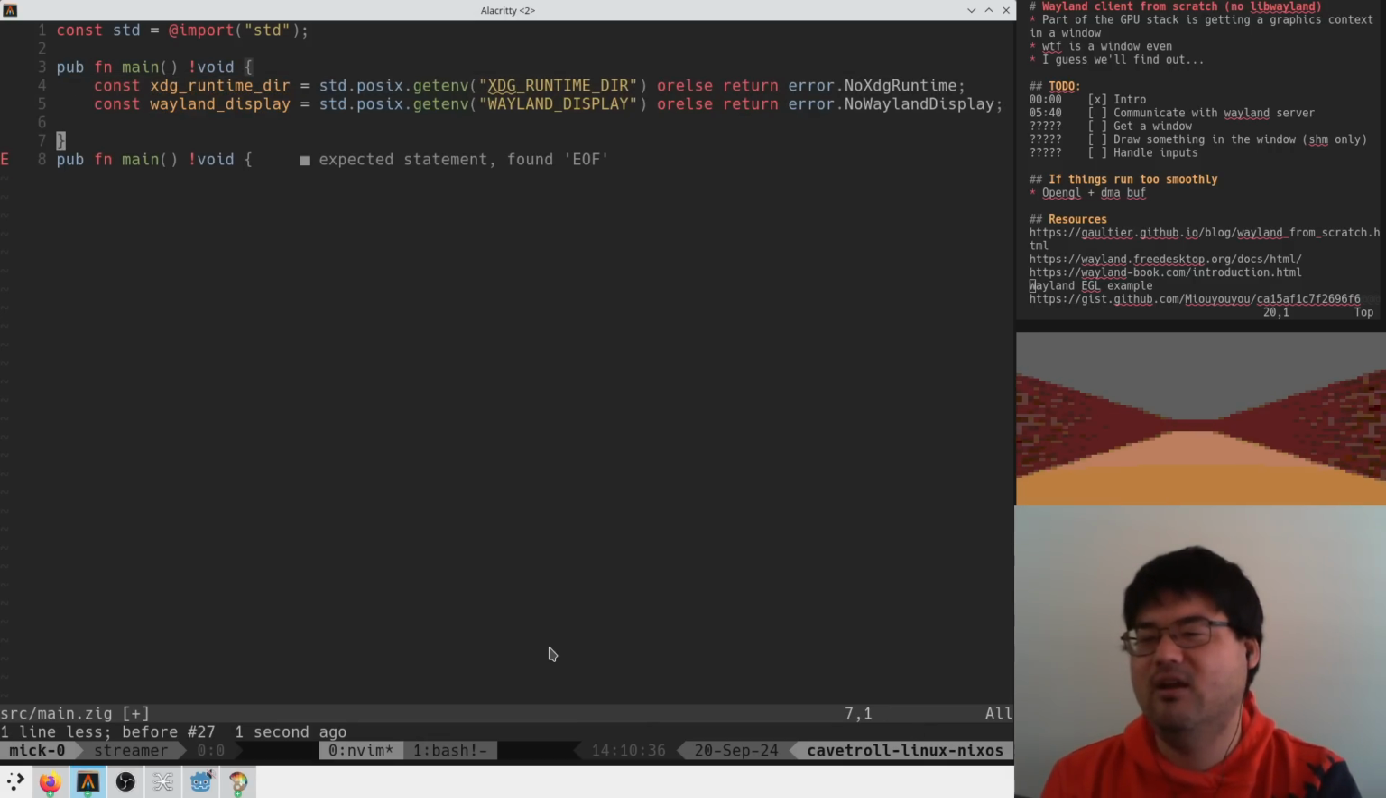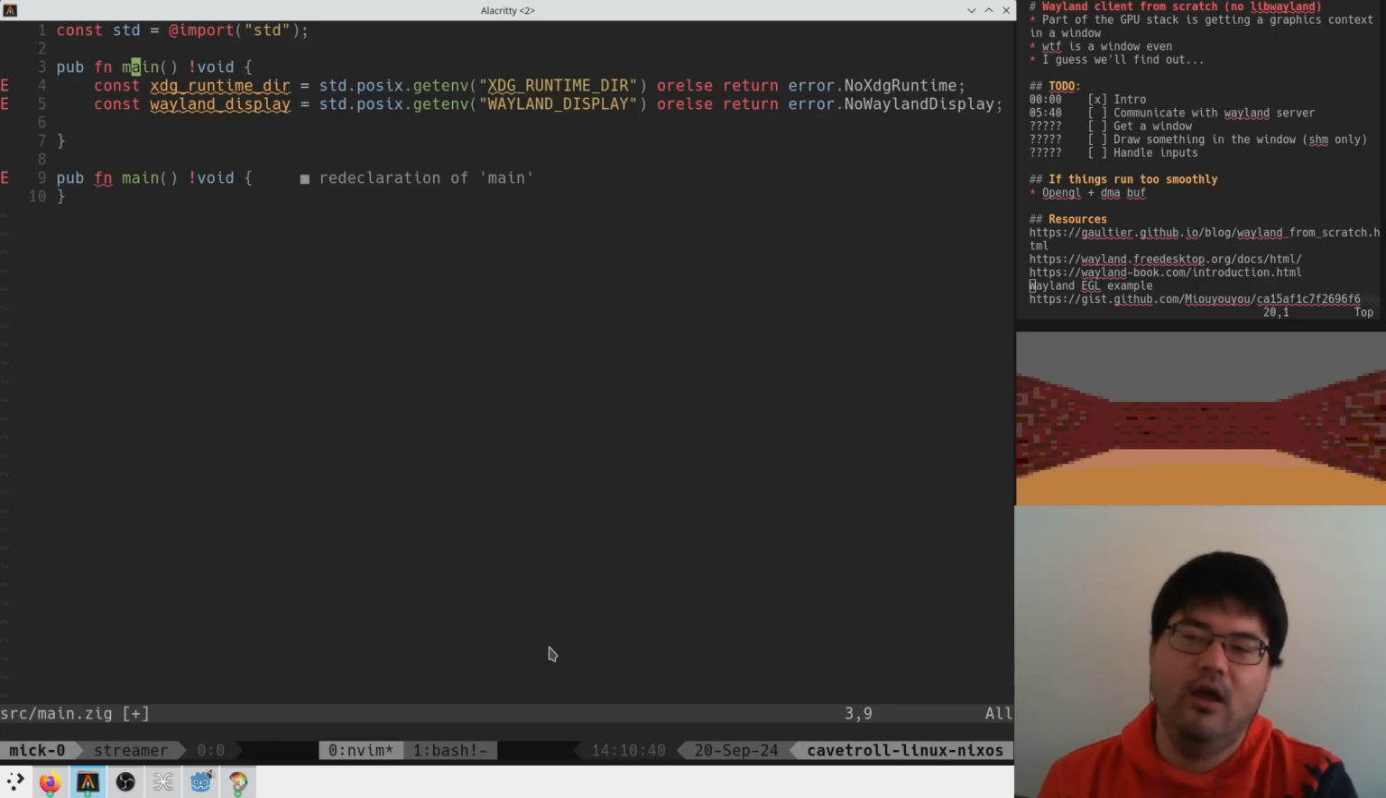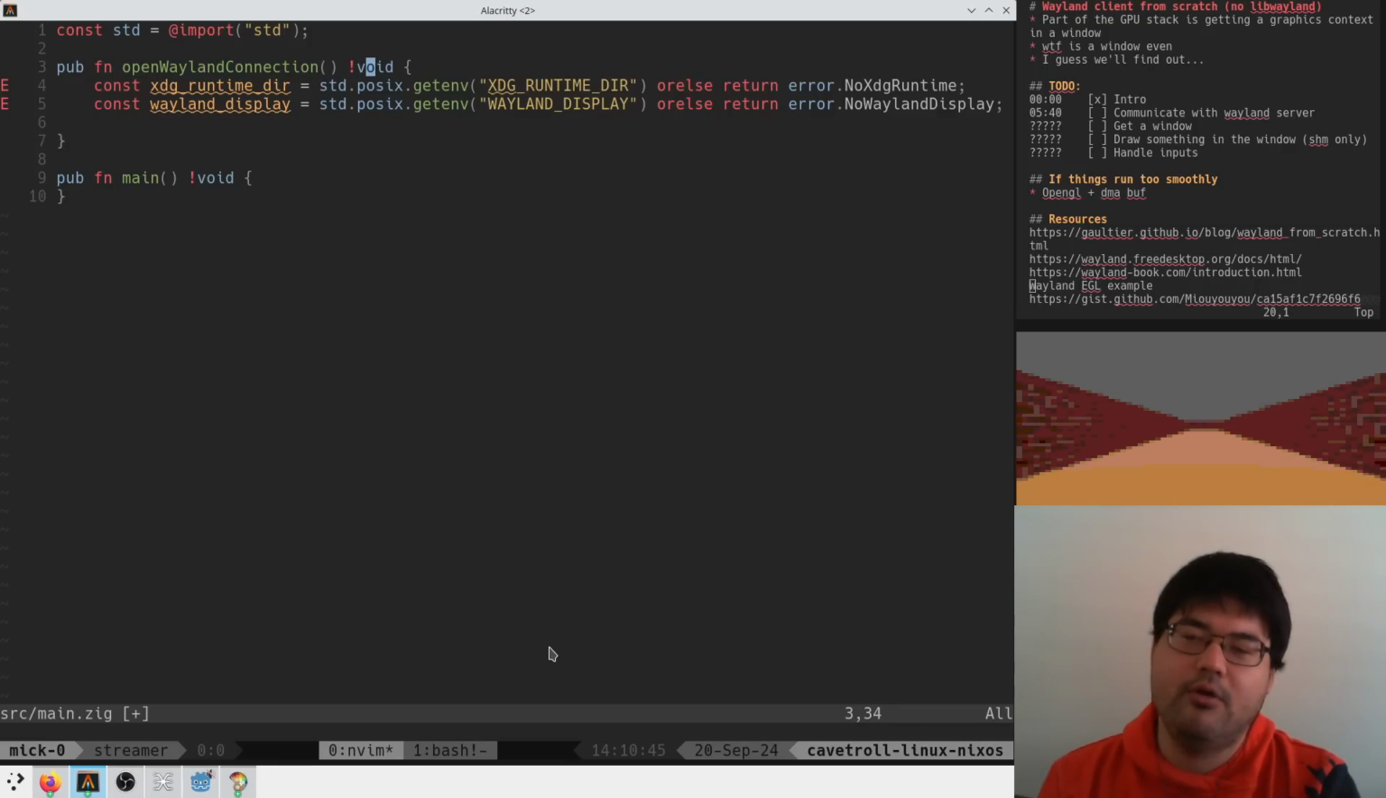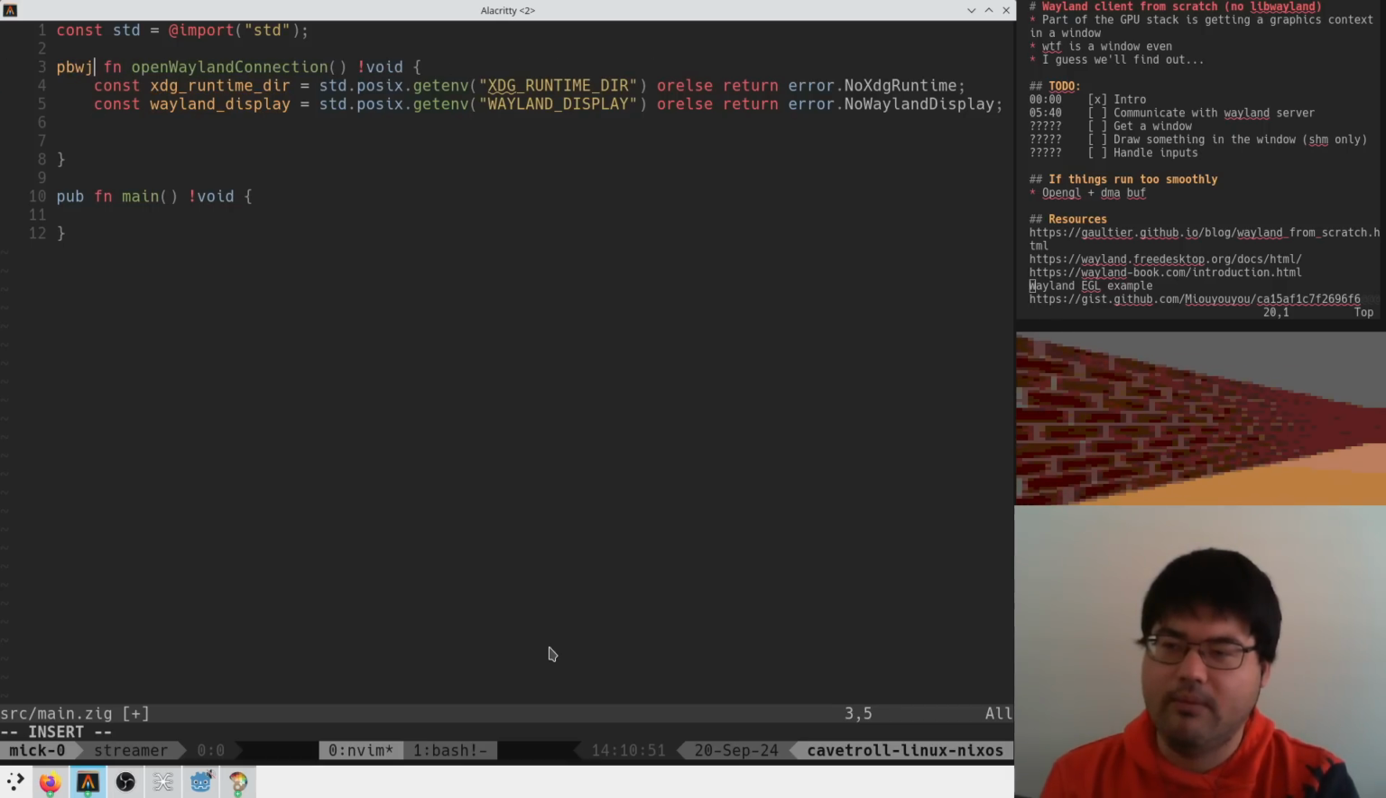I'm actually going to put main over here, and I'm going to make this its own function, and I'm going to just call this like openWaylandConnection. I don't know what we'll return here yet, but we'll figure that out. And then here we'll call this function in a minute. Okay, so